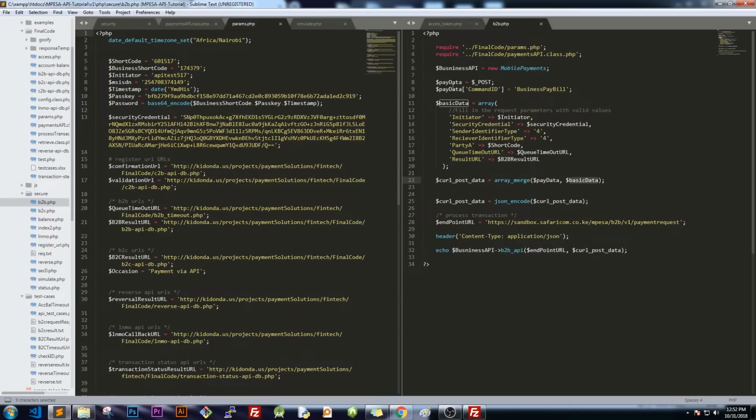We are merging post data and the basic data, because what you're sending to your server from your endpoint or your front end will be this post data. Then we combine it with what is required, that is what we have on our params, and then we merge the 2 arrays so that you can come up with one, and then encode it